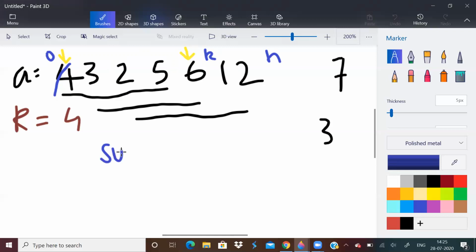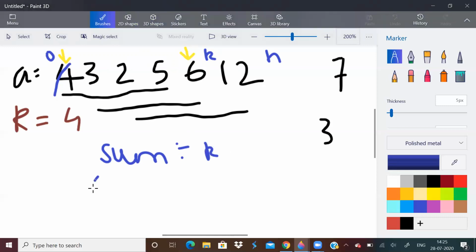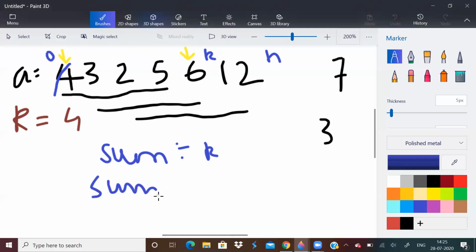So let us say sum is the sum of first k elements. Then let us say this pointer is j and this pointer is i. So i is pointing on the kth element, j is pointing on the 0th element.